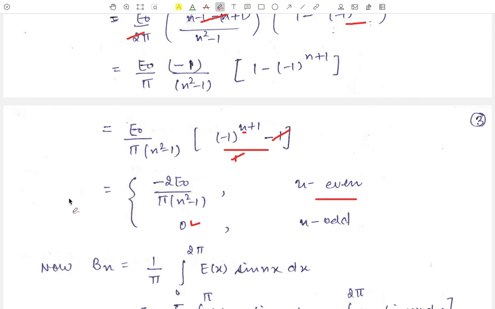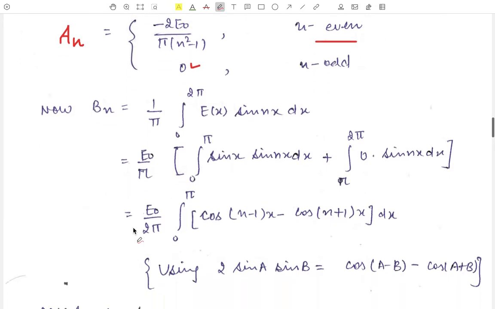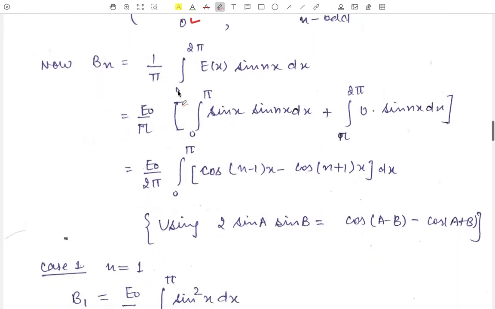So this is the value of the second Fourier coefficient, that is an. Okay. Now our last Fourier coefficient bn, 1 upon pi integration 0 to 2 pi f(x) sin nx dx. Putting the values of f(x) here and breaking the limits, we get 0 to pi, E naught taken outside, sin x into sin nx dx, plus pi to 2 pi, 0 into sin nx dx, because the value of the function in this interval pi to 2 pi is 0, therefore this integral will be 0 only, no use.